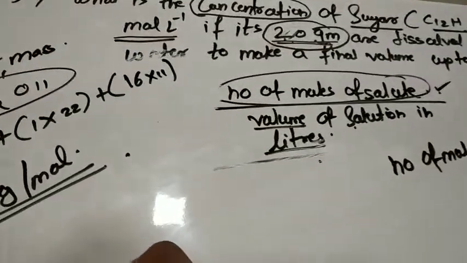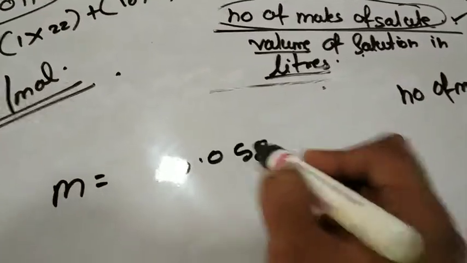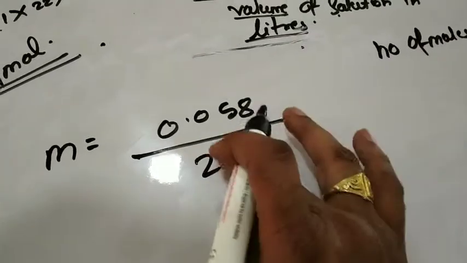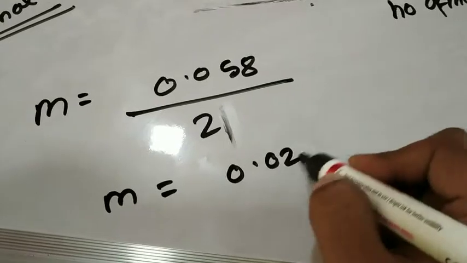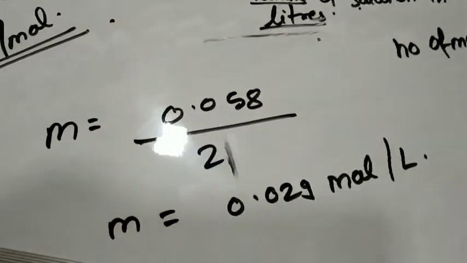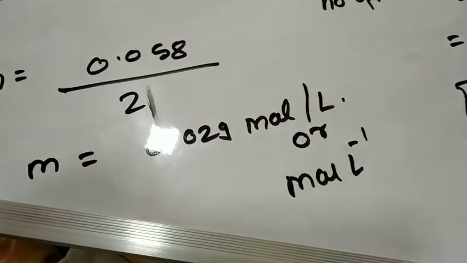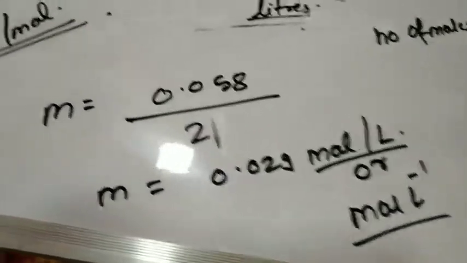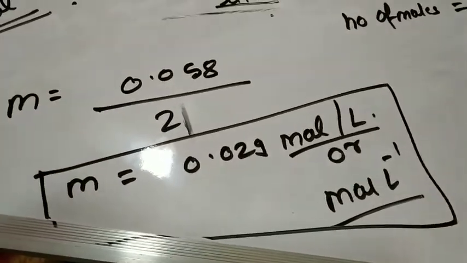Now we will go for the calculation of molarity. Molarity is equals to 0.058 divided by liters is 2 liters. Okay, divided by 2 liters. Therefore molarity is equals to 0.029 mole per liter. Mole per liter, or you can also write mole per liter like this. Okay, so like this you can write, or you can also write like this, but this is the obtained answer. Did you understand, students? Okay,